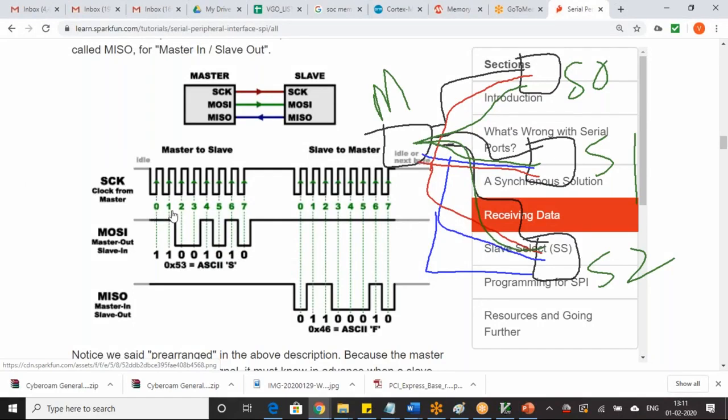Address bit number 0, bit number 1, bit number 2, bit number 3, up to bit number 7. Can someone tell me what this 7th bit will indicate?